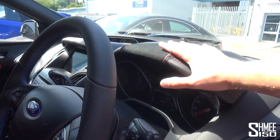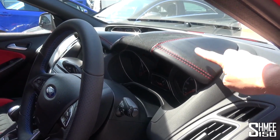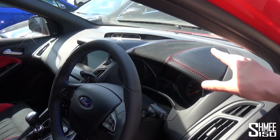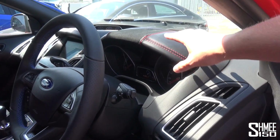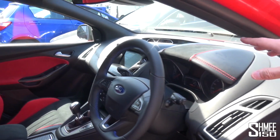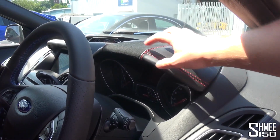This here though, the dashboard top cover, is a very nice piece. So this is a complicated part to manufacture. It first has to be scanned, which the team at Prototrim do, to get a CAD image of what the dashboard looks like. Then a company called Central Scanning that works with Prototrim create the base out of hard plastic that will mold and sit perfectly on top of there, because you can't impact with the airbags and that side of things. Then Prototrim will build up their foam, their layers, to give it this leather and Alcantara look with